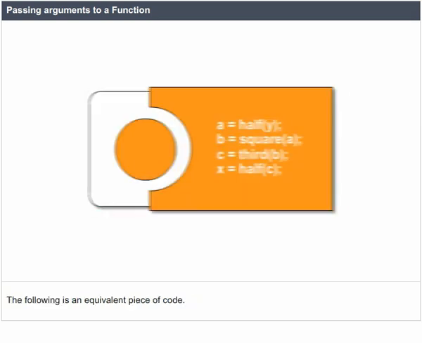The following is an equivalent piece of code. a = half(y); b = square(a); c = third(b); x = half(c);